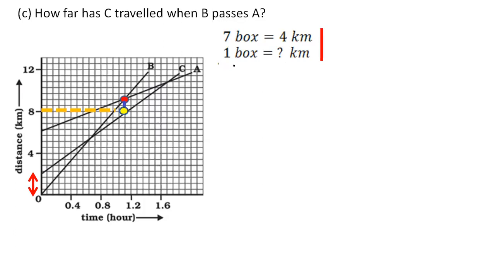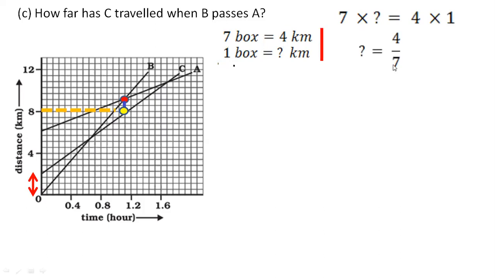But students who are, let's say, above average, they can do one thing. They can directly calculate. There is no need for this step. That is up to you. If you are getting confused, first find out for 1 box. If you are not, directly find out for 4 boxes. 7 boxes for 4, then for 4 boxes how much? Very simple.